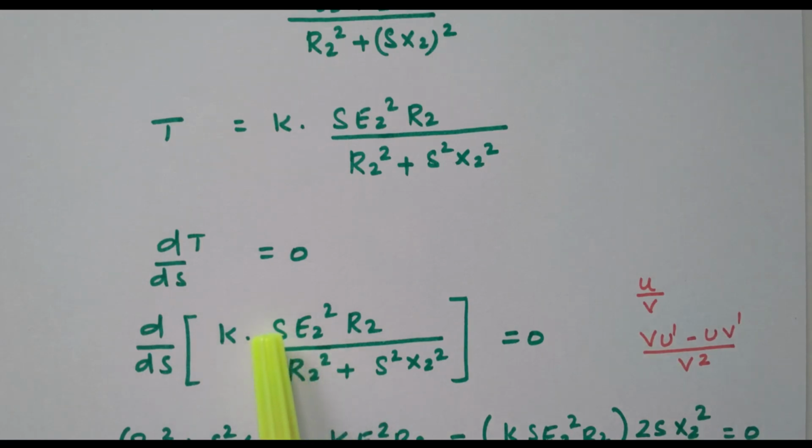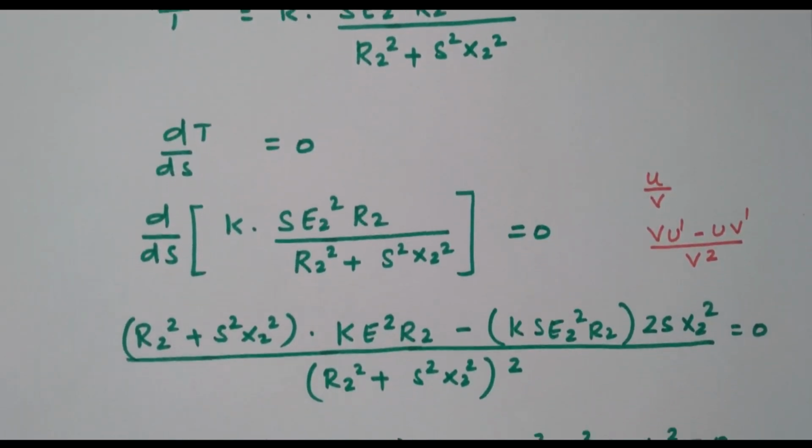So this term is nothing but u. This term is nothing but v. The numerator is u, the denominator is v. So based on the formula, v u dash minus u v dash divided by v square, first we will write the v. So this is nothing but your v. The denominator is v, so it is written as it is, r2 square plus s2 square into x2 square into